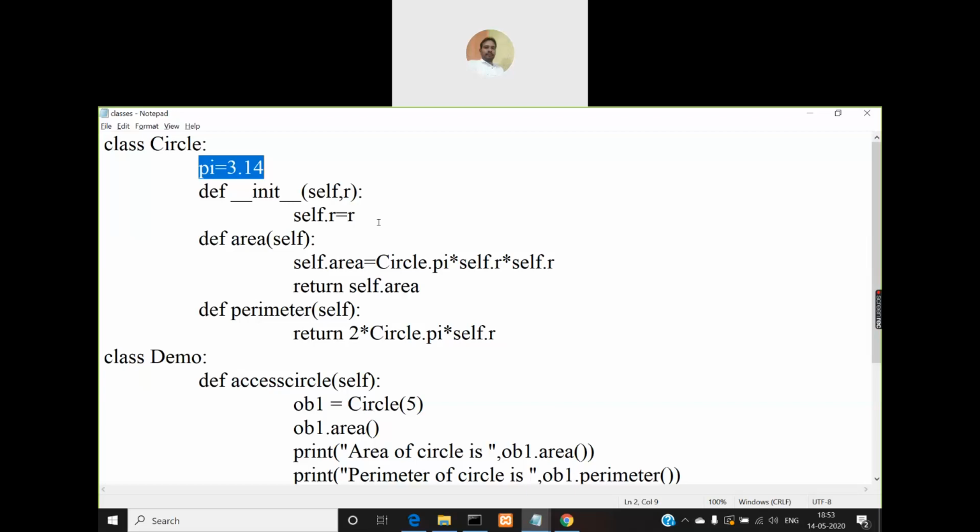And also there is one method called the delete method, which is similar to the destructor concept. If you have learned C++, then you'll understand it, whereas in Java you don't have the concept of a destructor. So if you didn't learn C++, then the concept of a destructor will be new for you, because Java does not support destructors. It will have only constructors, it will not have destructors.